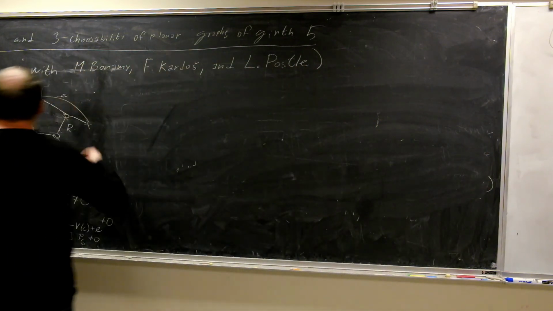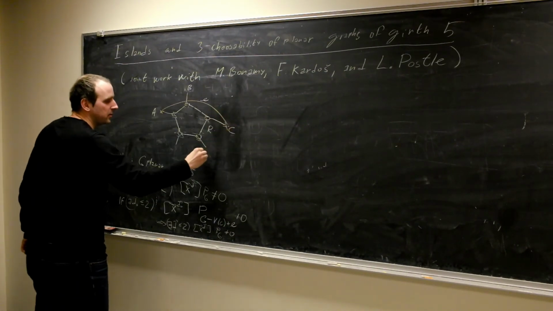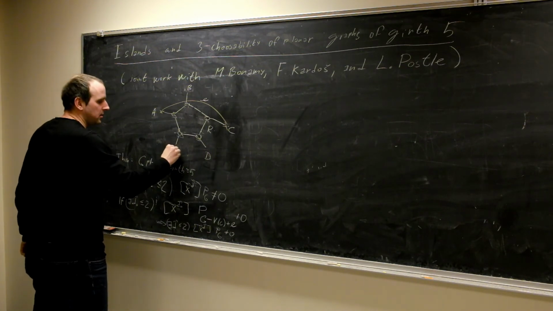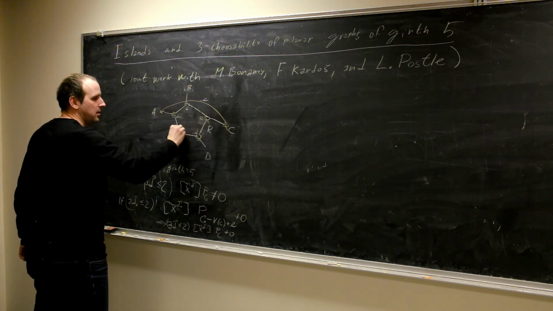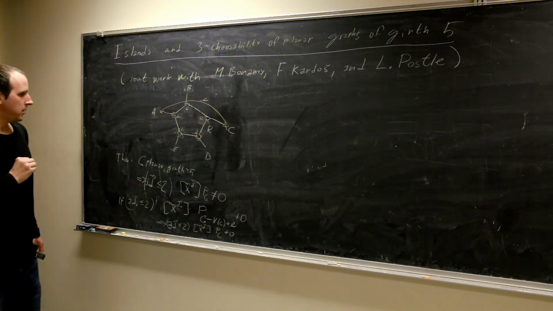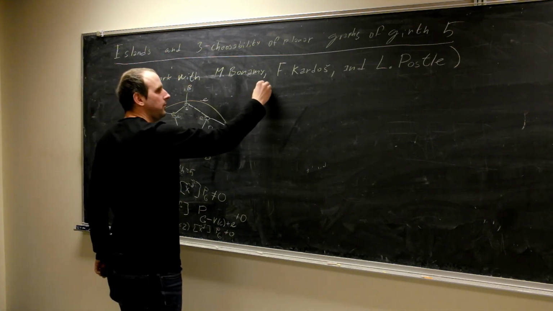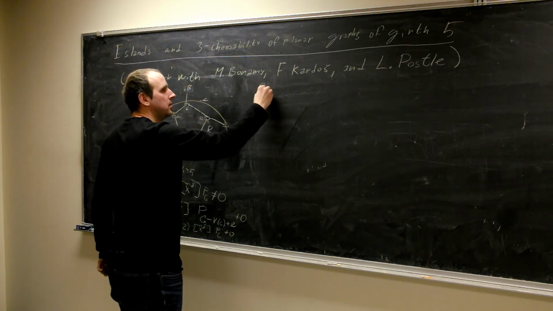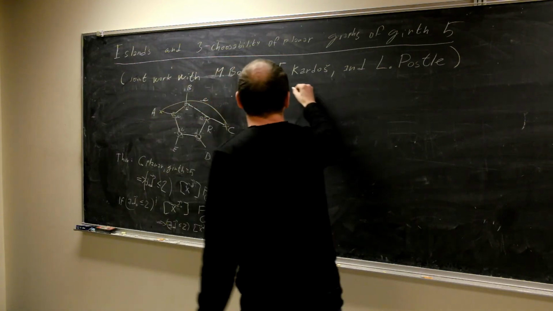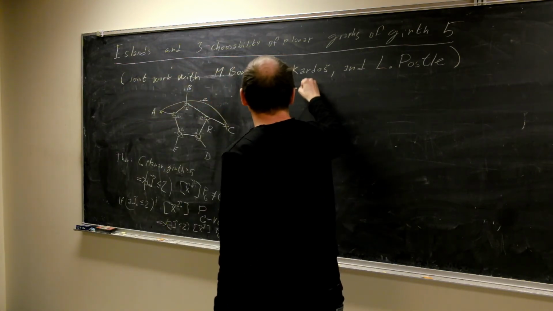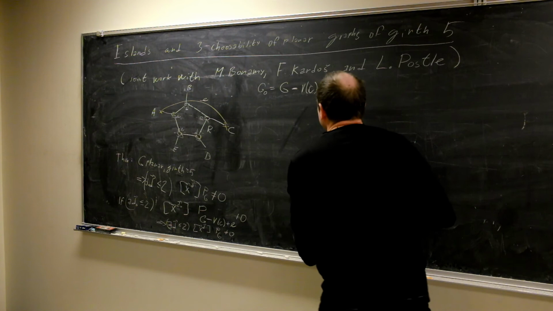Okay, let me call the vertices somehow. So let's call these vertices outside P, A, B, C, D, E, and let the corresponding vertices here be the small letters. Okay, and let G0 be the graph without C, and